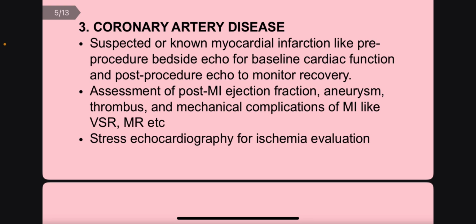Indication number 4, heart failure and cardiomyopathies. Heart failure can be diastolic or systolic. Causes of systolic heart failure can be dilated cardiomyopathy or ischemic heart disease. Causes of diastolic heart failure are hypertrophic cardiomyopathy and then restrictive cardiomyopathy. And then that cardiomyopathy, which is CKD related. So in CKD patients, we expect to find a certain type of restriction, like restrictive cardiomyopathy,